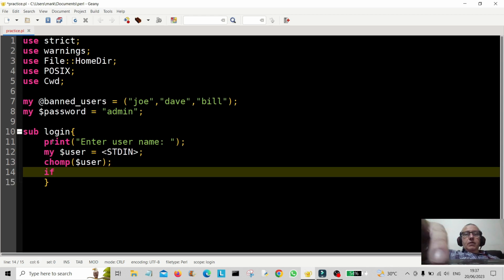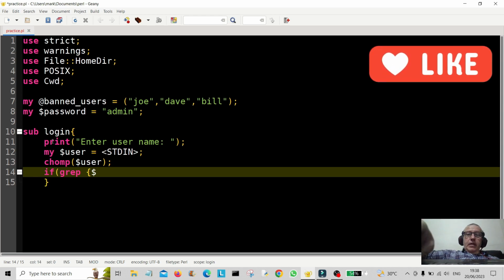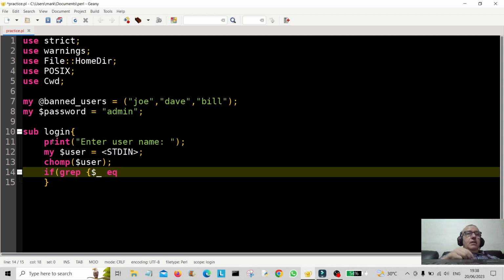Right, now we're going to come across and we're going to use the conditional. So I'm going to start off with the if. I'll use grep, which will do the searching. Then I'm going to use this as an iterator, which will iterate through the banned users. So if it's equal to, let's make that look a little better. Okay, I think that looks okay. Equal to the user, then in banned users,